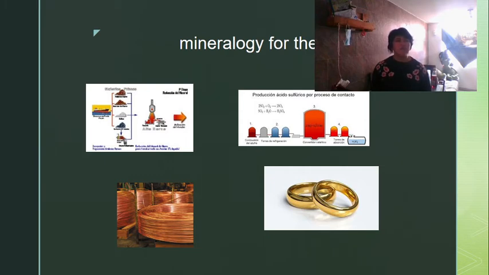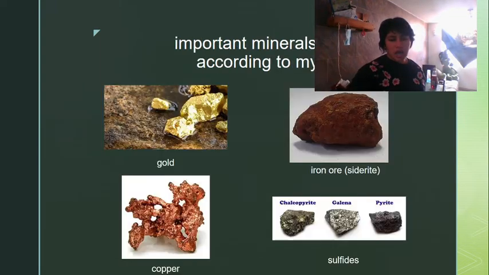Finally, I will touch on one of the subjects referring to sulfides, which are of great importance for obtaining acids such as sulfuric acid. In the same way, it is used in the production of iron, which I mentioned before. It is crucial for us metallurgists for the development of disciplines such as materials, foundry, steel, and welding, to name a few.